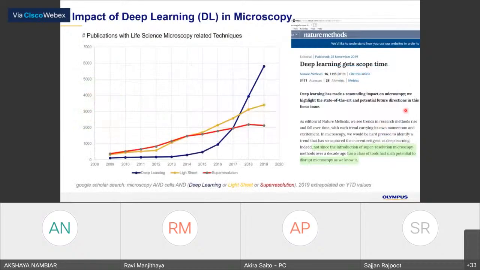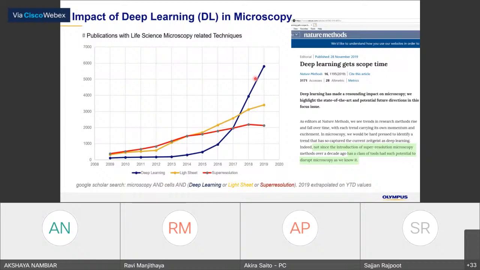because recently deep learning technology in the life science microscopy field is increasing a lot. You can see this graph of the number of publications.